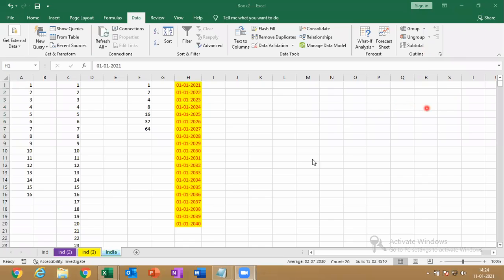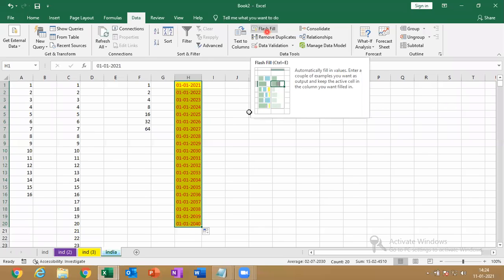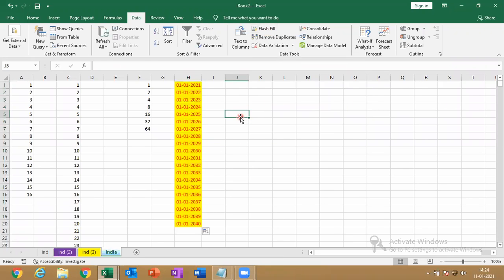I told you about flash fill. It is a tool, a very easy tool, where you will correct all your similar mistakes in a fraction of a second. If I've made similar mistakes in 100 places, all 100 places will be corrected in a fraction of a second. I will explain it in the data tab, so it's the right place to explain that. Is that clear, Susmita?